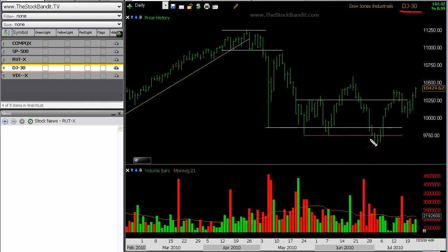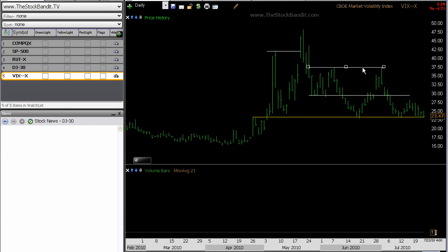So the Dow also confirmed a higher low here last week. It also took out that prior highs at 10,407. We finished at 10,425. And the next level is right up here near 10,600. We need to make a new intermediate high for the Dow, but things are starting to shape up and look very good. For the VIX, this is the fear index, volatility index, and 23 has been both resistance and then support a number of times,